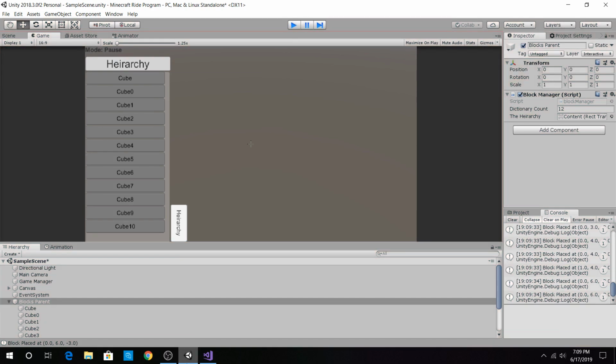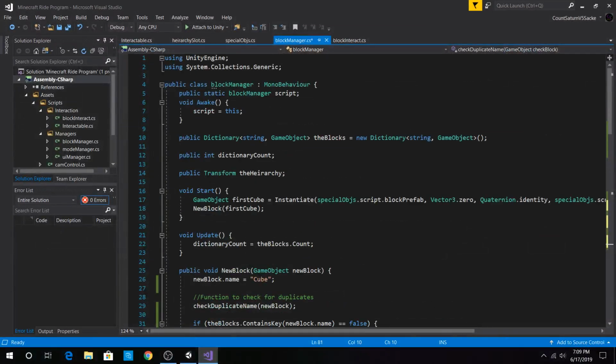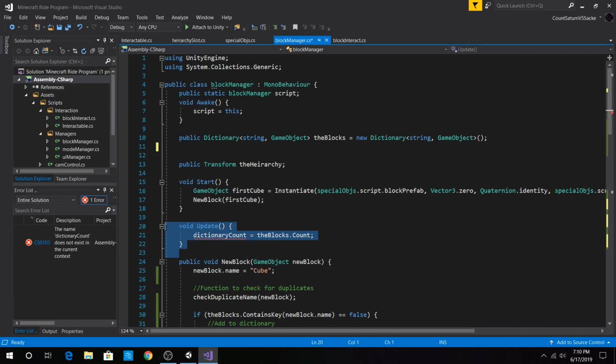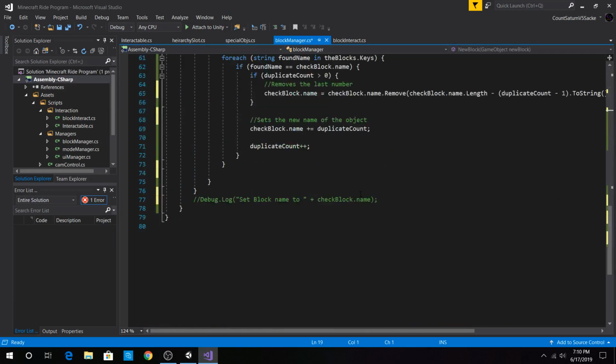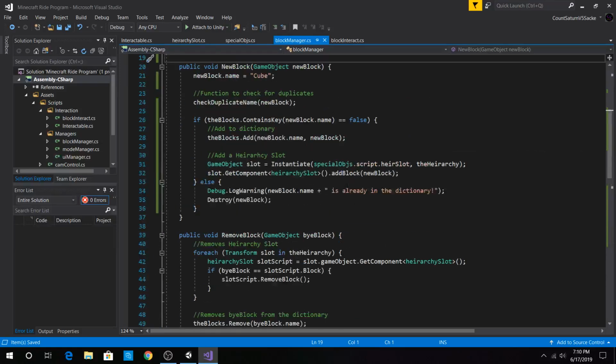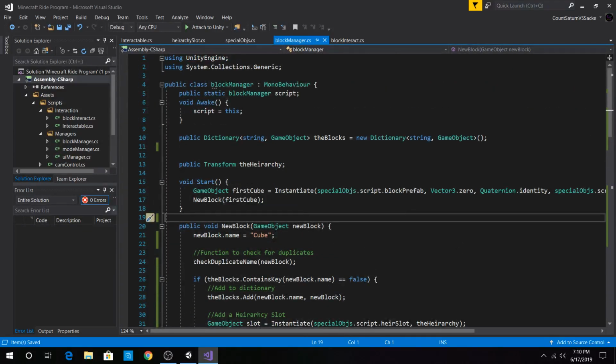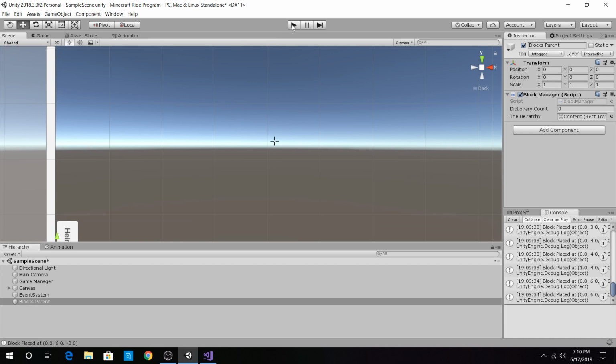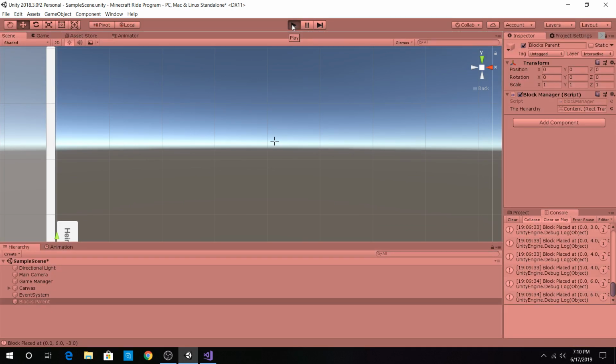I don't believe I need this anymore. I can probably get rid of it because I don't really need it. It was just to let me see what was on the inside and things like that. All right, so now that I fixed the name setting, let me do